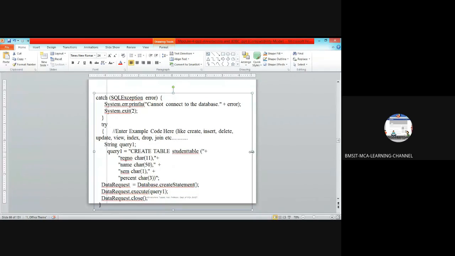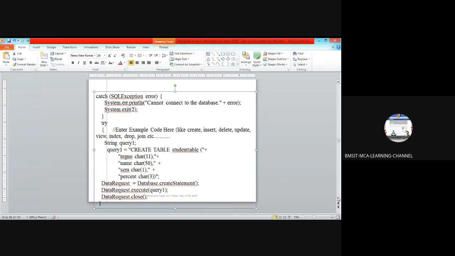Okay, for this there is no exception. So create table. You are creating query 1 as a string, right? You can use the concatenation symbol plus to connect the parts.